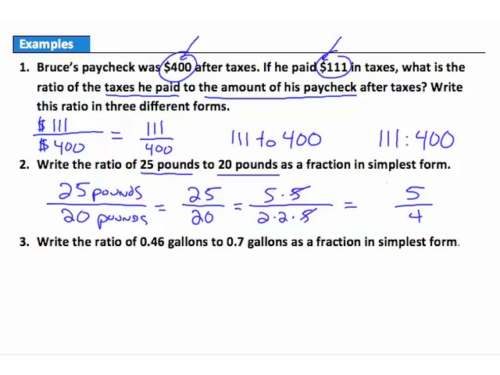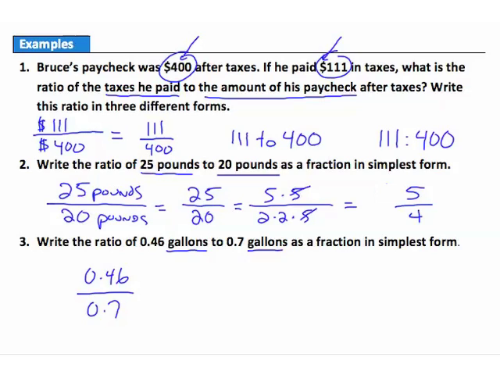Now notice this is an improper fraction. We do not want to change this, however, to a mixed number when we're working with a ratio. We always want to end up with just a single fraction as our answer. Question 3. Write the ratio of 0.46 gallons to 0.7 gallons as a fraction in simplest form. Well, again, notice the units are the same, so I'm not going to write those units in my ratio. So what I have here is 0.46